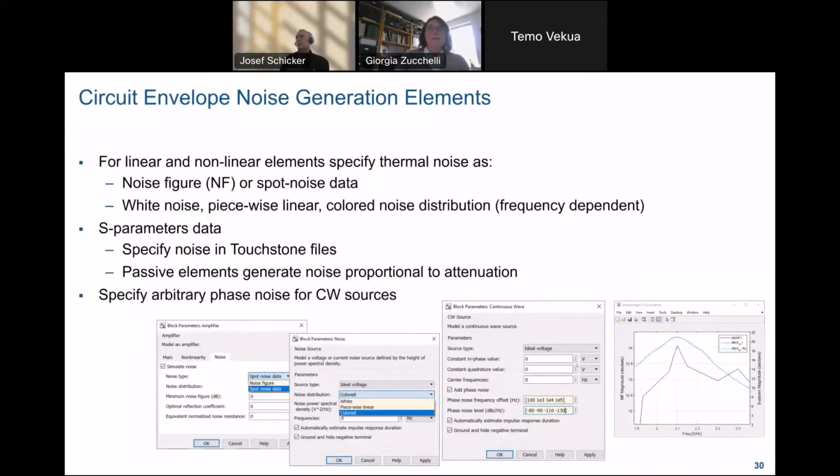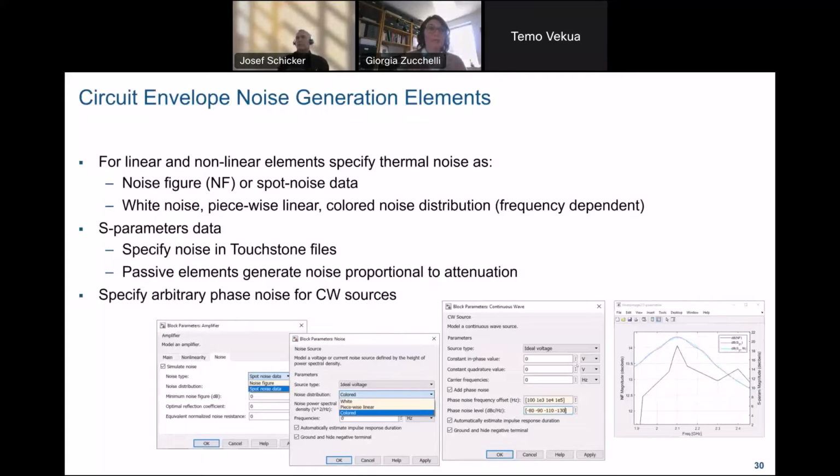Noise, we talked about it. Most of the components include noise generation. For active components such as amplifiers and mixers, you can specify, for example, the noise figure, the spot noise data. For passive components such as S parameters, by default, if the S parameters are passive, then noise is generated that is proportional to the attenuation that the block introduces.